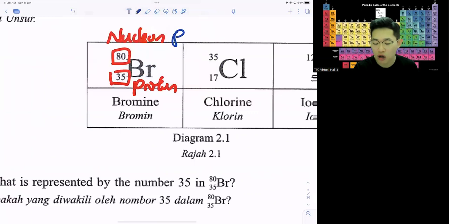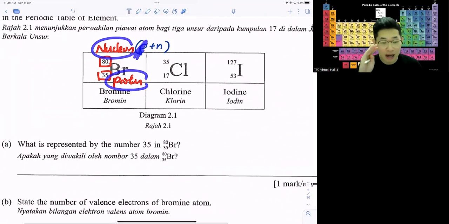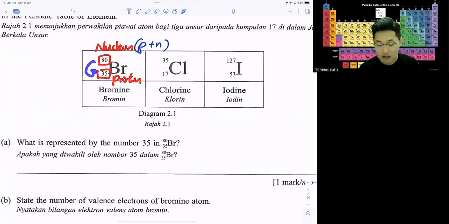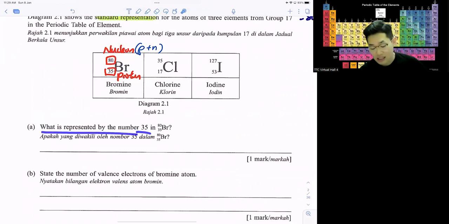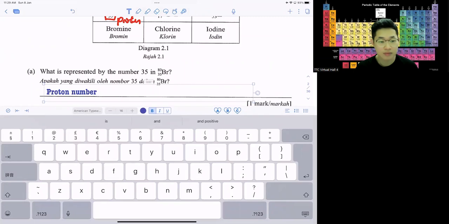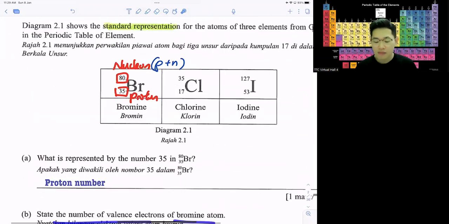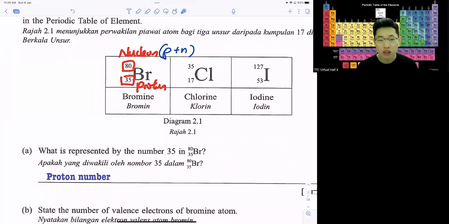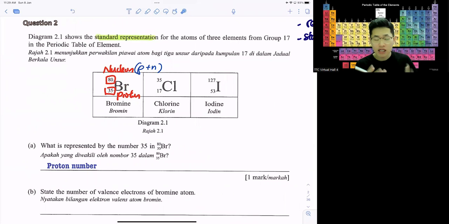Okay, what's nucleon? Nucleon is the total of proton plus neutron. 所以如果你要找到 neutron 你就会拿 proton 所以把这个 nucleon 里面的 proton 减掉它，80减掉35就可以拿到 neutron 了。OK， 这样子。然后 proton 跟 electron 的数量是一样。OK， 在这边 what is represented by 35? 35 is the proton number，就这样。State the number of valence electron of bromine atom。所以在这边 proton number 也就是相等于 electron 35个它已经超过20了，就是已经超过你的能力范围，你的 syllabus 范围能够做到的了。So usually in your syllabus, electron